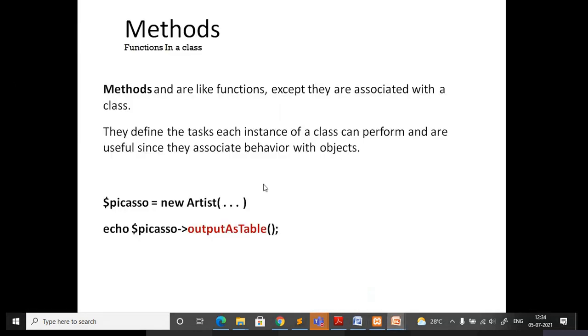Whichever method you want to access, you can just specify. If you want to display the output after execution of that particular function, you can just display it on the browser using this echo statement. Whatever the return value of this method, it can be displayed on the browser.